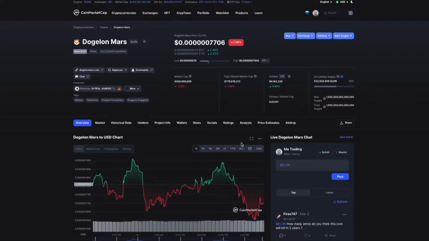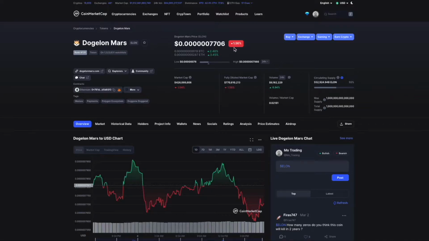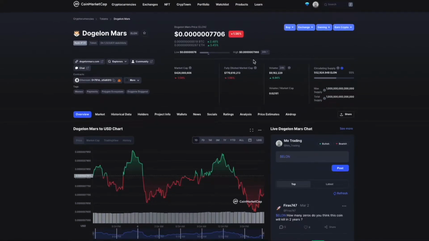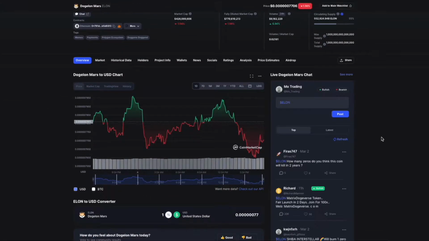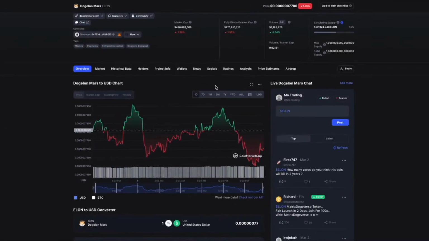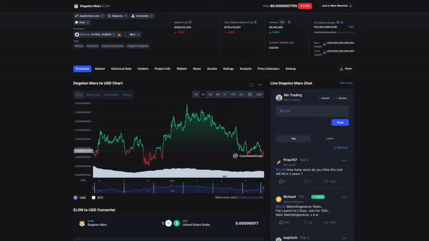So as you can see on CoinMarketCap, Dogelon Mars is currently down 1.56% at the time of recording. You can see on the daily chart provided that Dogelon Mars hasn't really been moving much today. We did have a rise towards the upside and then a rise towards the downside. Essentially, we've just been in a range between two zones, and price is just trading between those. So nothing major occurring, but if we drop into the 7 day, the weekly, to see how price